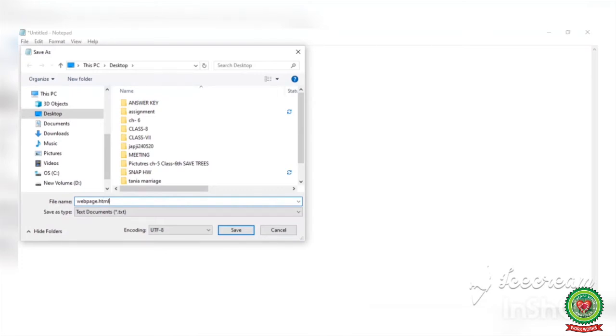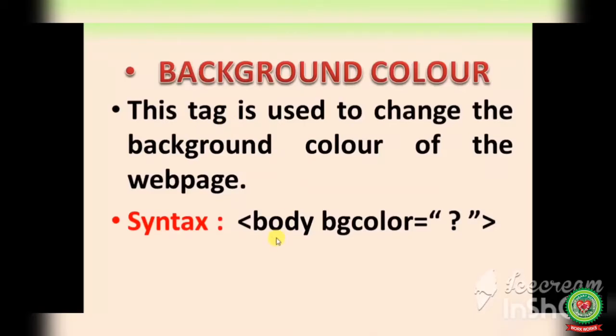HTML is the extension of the HTML language. You can give the path to your work, like here I am saving on the desktop. Click on the desktop, click on the save option. This work is saved. Body tag contains all the elements or contents of the HTML document.